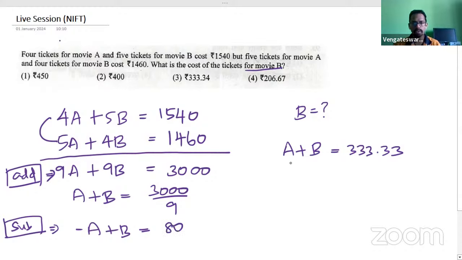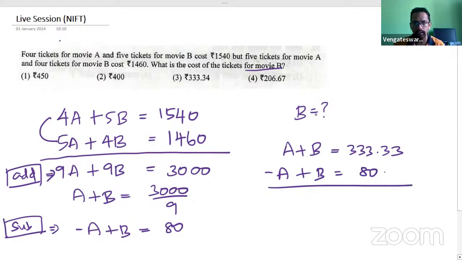That's exactly 80. So minus a plus b is equal to 80. Now I have to solve and get the value of b. That means we can easily eliminate a, because when I directly add, I'll be cancelling the a terms. I'll be just left with 2b is equal to